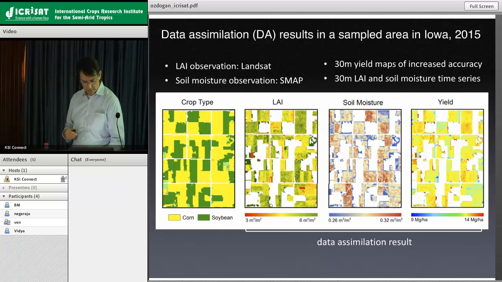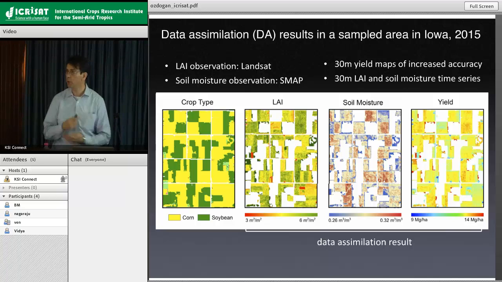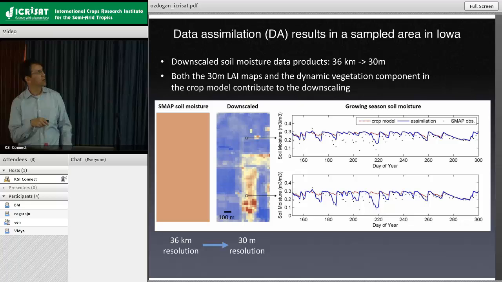These are the things that I think we can do. And finally, the soil moisture assimilation result. So here is that big pixel, and here are my individual fields. That's one individual field. And because of the data assimilation process, I can take this and simply disaggregate my big soil moisture pixels into these individual pixels, and then show that there is a nice correspondence between observed and predicted